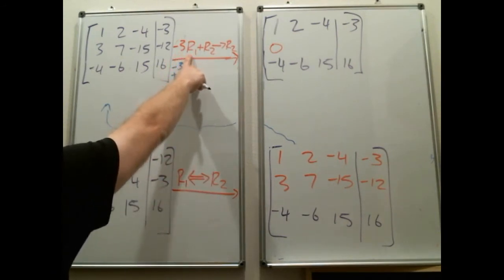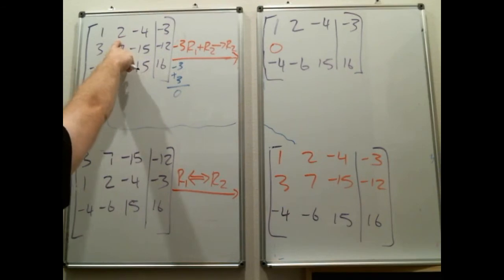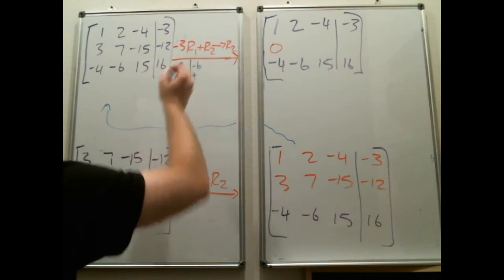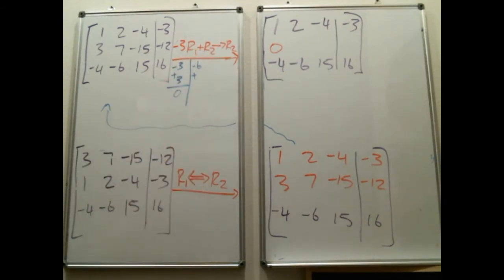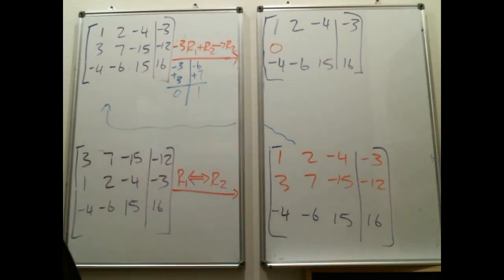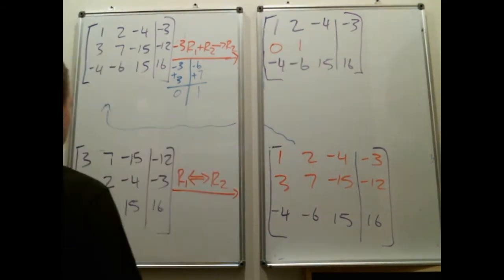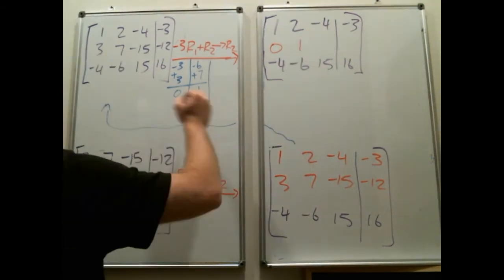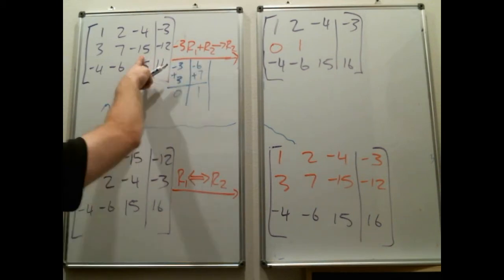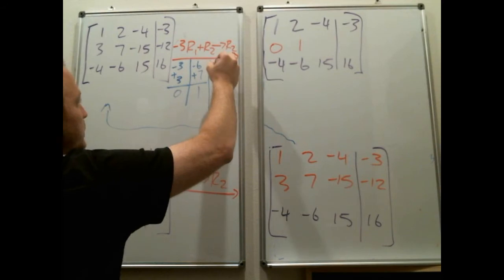-3 times row 1. So -3 times 2 is -6. Add it to row 2, which is 7. So when you add down to row